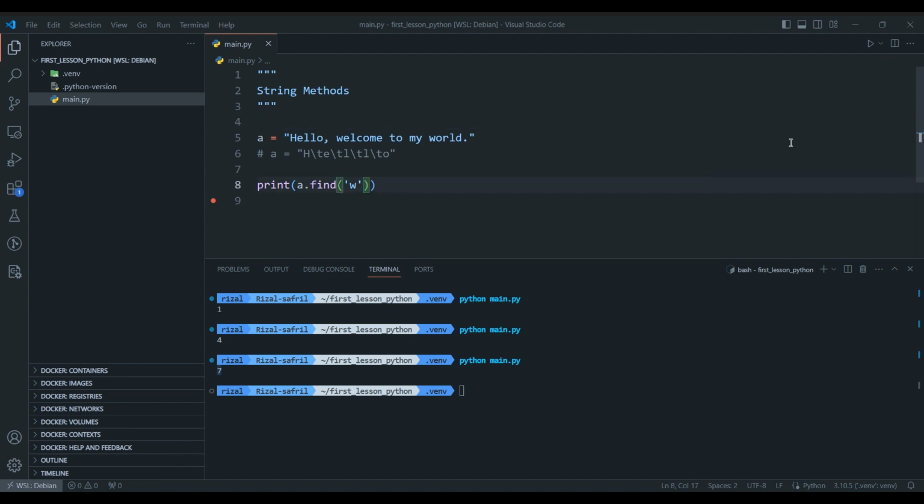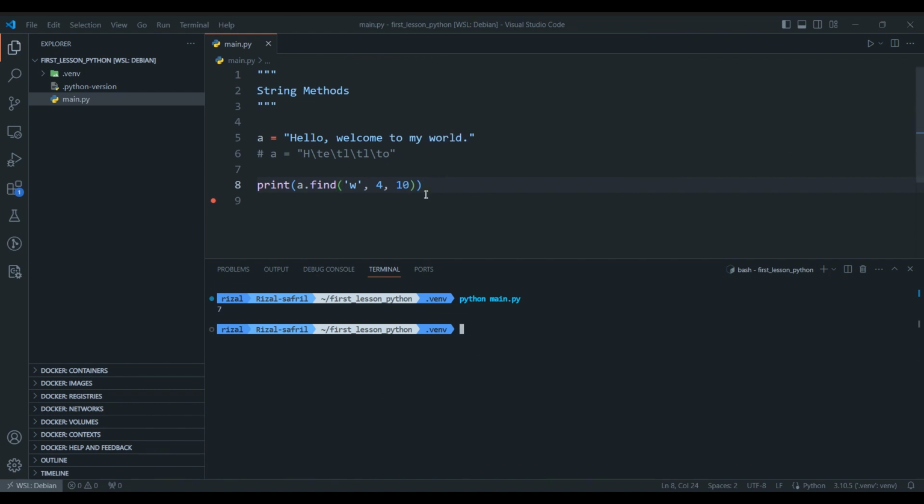For example, if I want to add 4 and an end position of 10, let's see what happens. Okay, it starts to find at index 4: 0, 1, 2, 3, 4. From here to index 10: 5, 6, 7, 8, 9, 10, up to here, and it finds W here. What about if we put something else like this? Because we know that from index 4 to index 10, there's no y here. So what will happen? It will output -1 because the value is not available